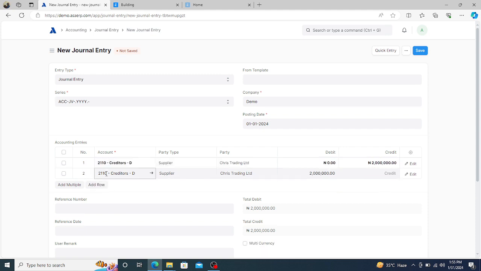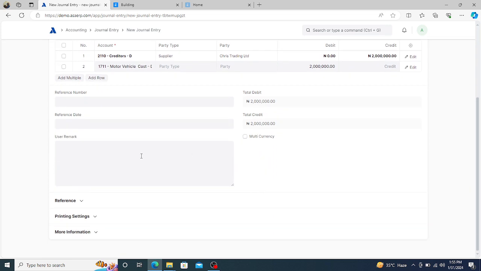Then the fixed asset account, which is motor vehicle cost, is debited. I don't know if you understand what I'm saying. The vendor is credited, while the asset account is what? Debited. So that is that. You come down here, put your user remark, then BMW 2024 model. It's a purchase